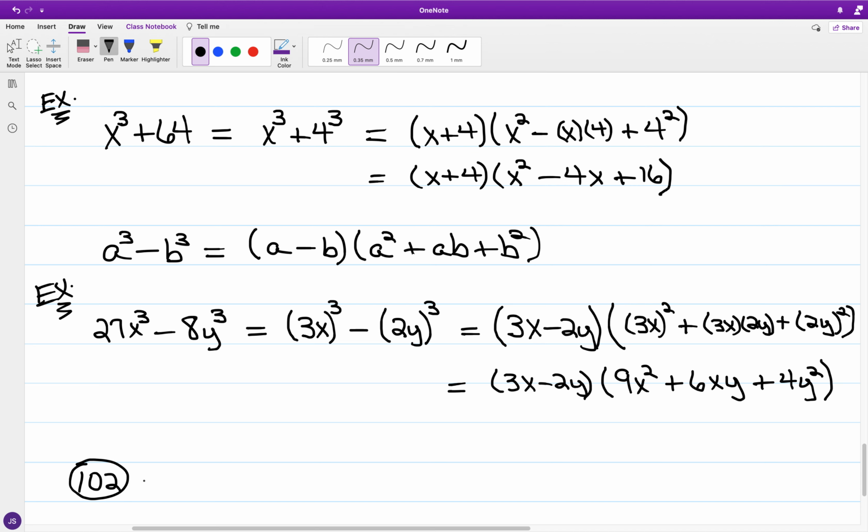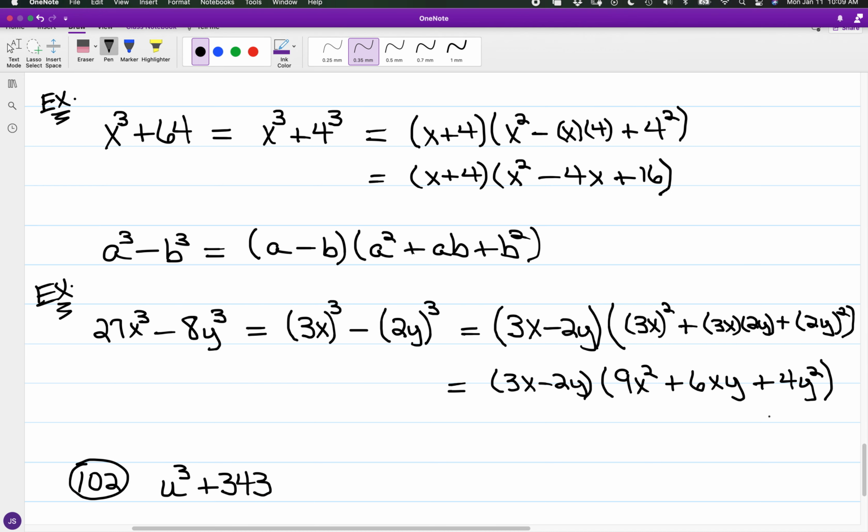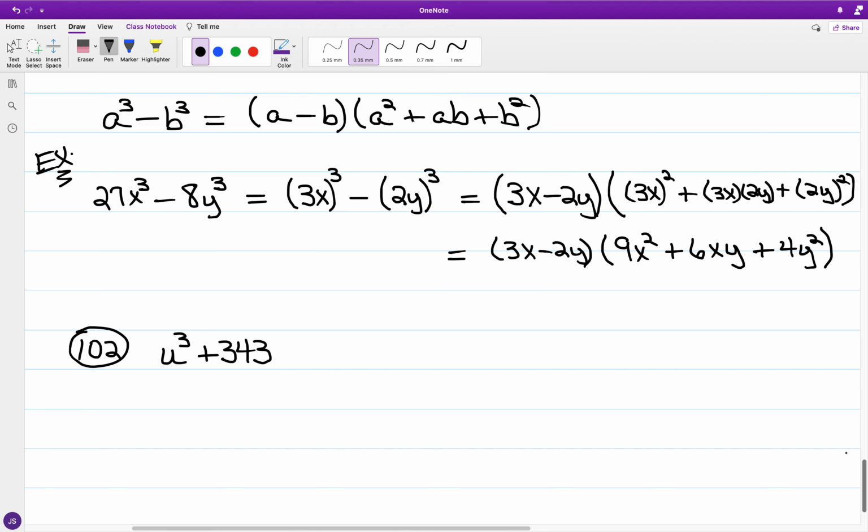This time we have the letter u involved, so you have u to the third plus 343. Okay, so u to the third, okay, that's the cube of u once again. Now for 343,